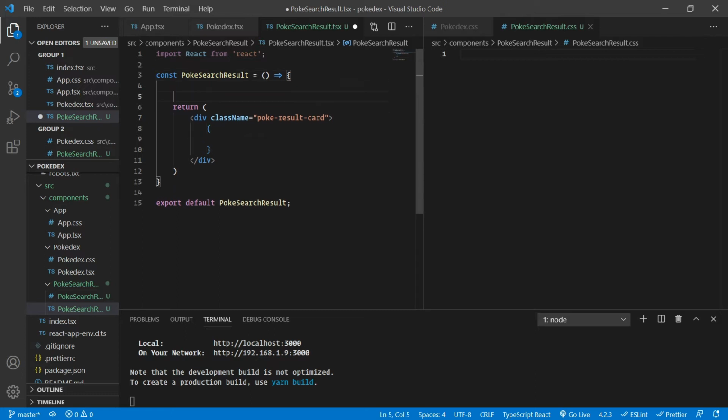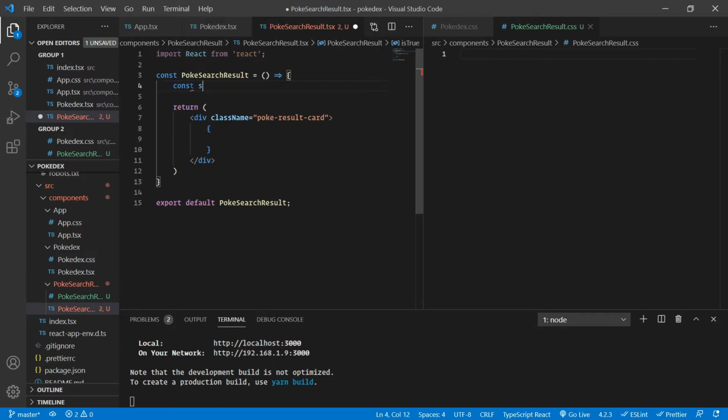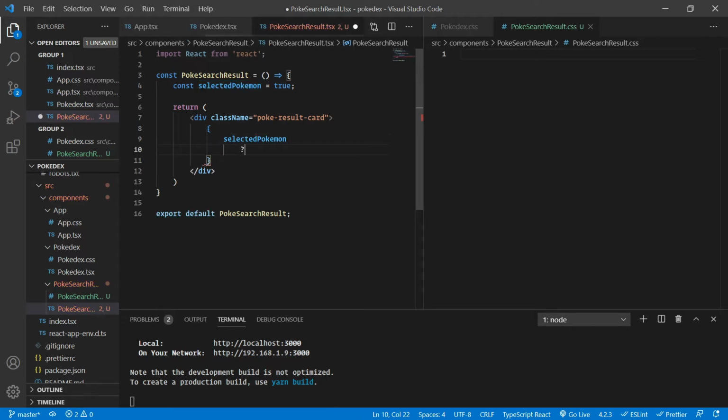And now I'm going to do a sort of conditional rendering. Let's create a temporary variable. We are going to replace this variable afterwards, but for now let's just create a variable called selected Pokemon. For now, let's keep it true. Let's say that the Pokemon is selected. So what I'm going to do here is copy and paste this, and then use a ternary operator. So if our Pokemon is selected, let's define